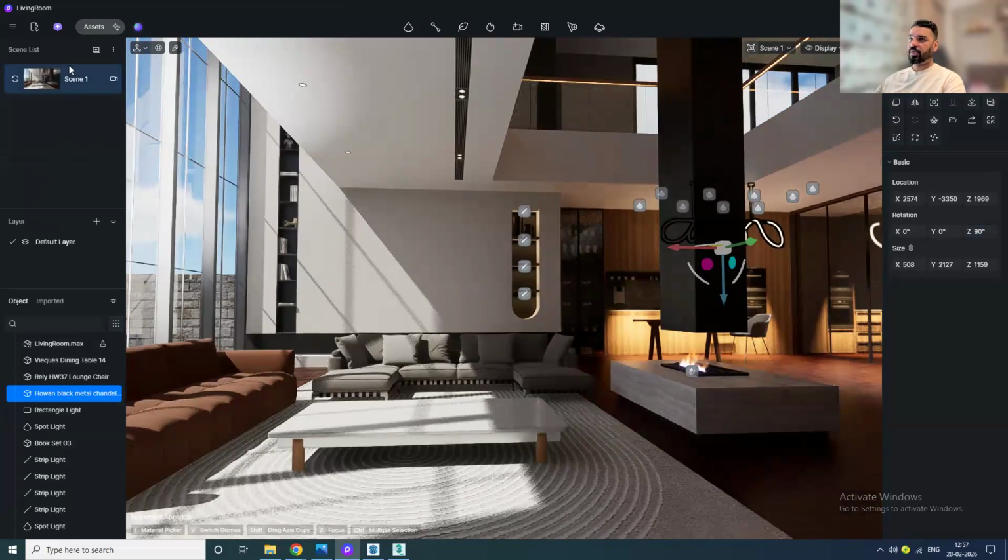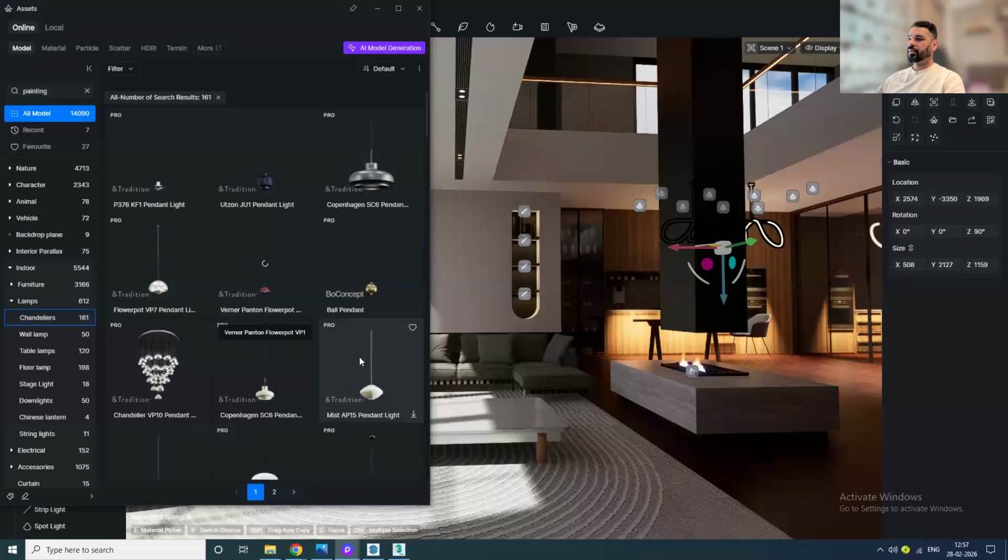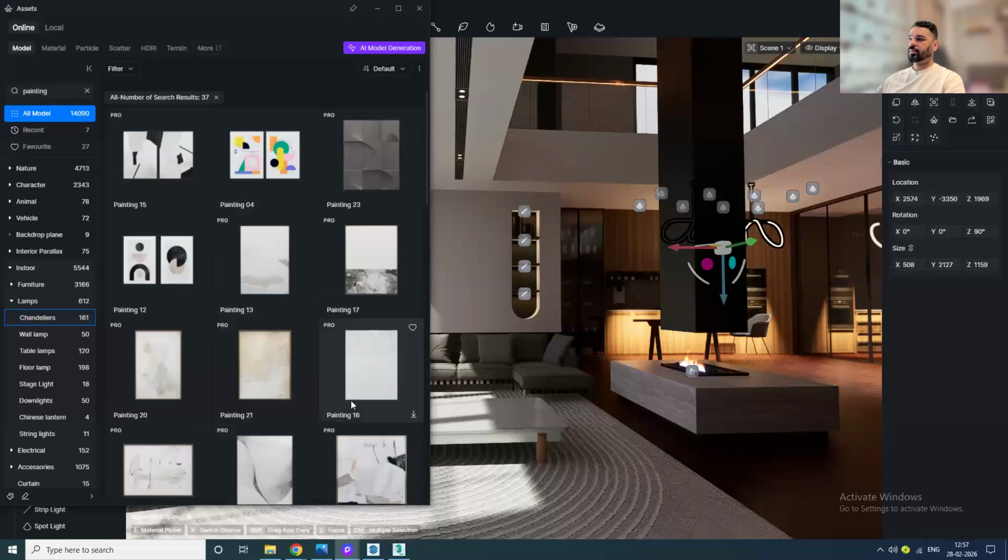There are some paintings, rugs, everything is there. And if you want to search also, you can search the painting. See, this is the painting. Now, if I want to put something there,